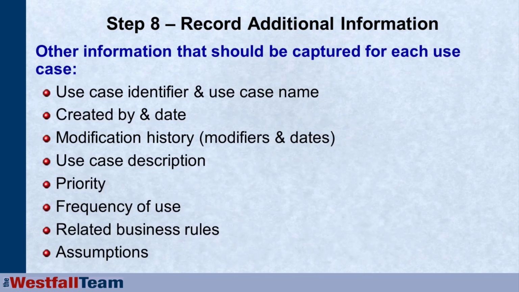Step 8, you're going to talk about recording additional information on your use case. I recommend that every use case have some kind of unique identifier so you can refer to it. I put these right into my traceability matrices. I can literally talk about use case number 12, step 3, and that becomes requirements 392, 397, 398, or whatever it traces to. The big advantage of that is then if somebody wants to change one of those product level requirements, I can come back and say, well, that was off of step 8 of this use case. Has the use case really and truly changed? Who are the stakeholders associated with this use case? Who are the actors? Go back and do a more thorough impact analysis